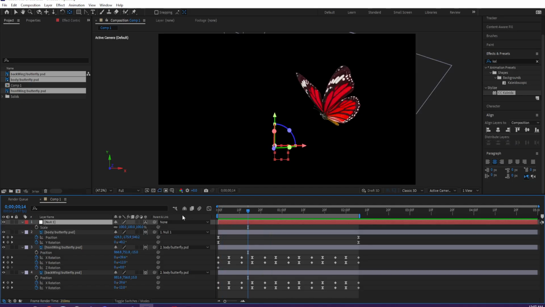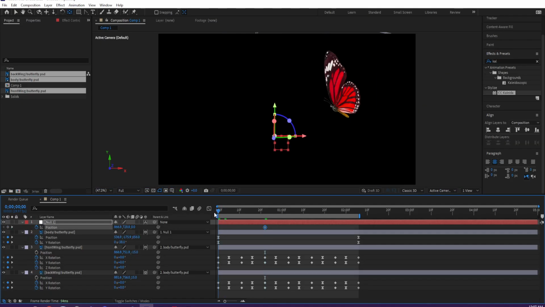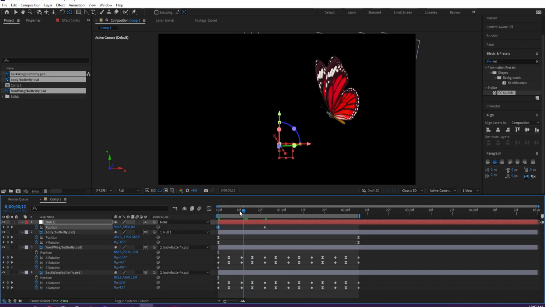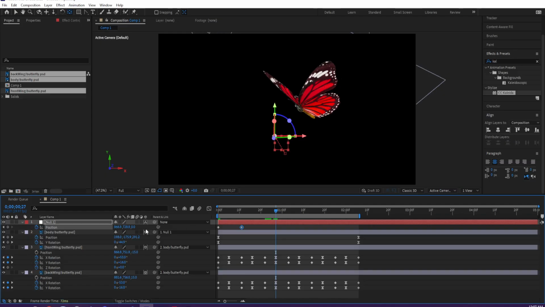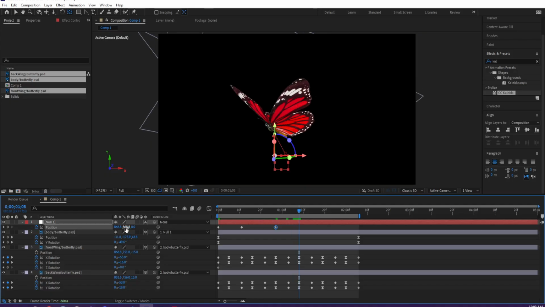So why the null? That's because after you're done with everything and you actually like it, with it parented, you can continue editing it if you don't want to edit any more of these keyframes. So position up, position back, down, all around. Give it more flutter. We'll do down, up,